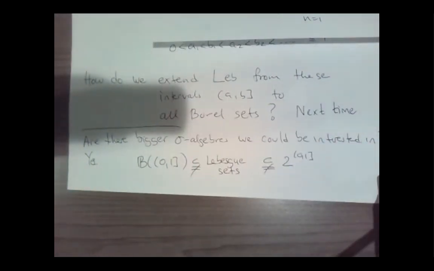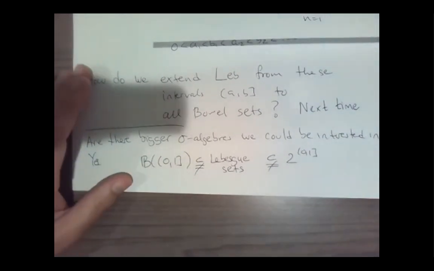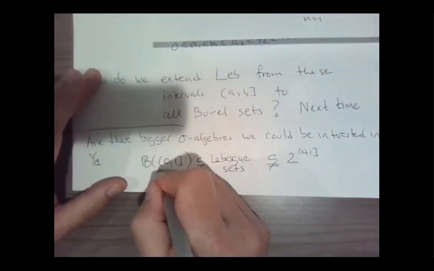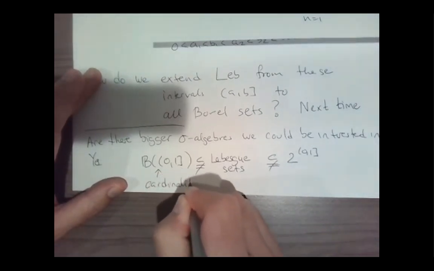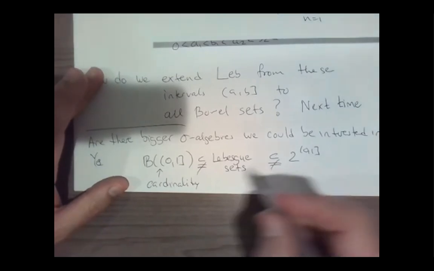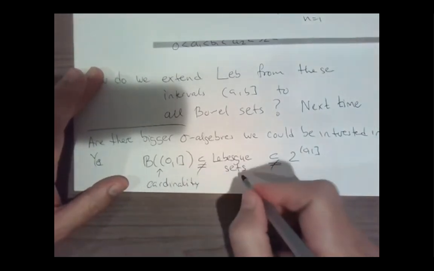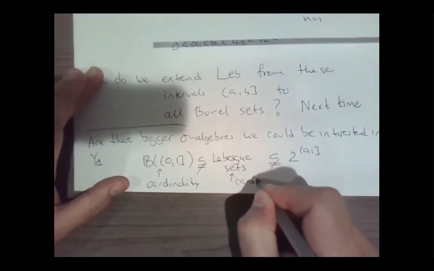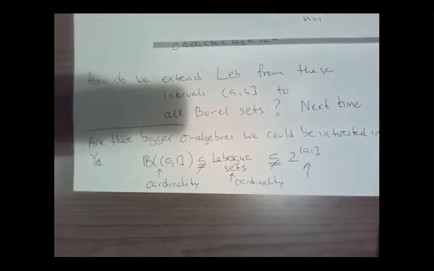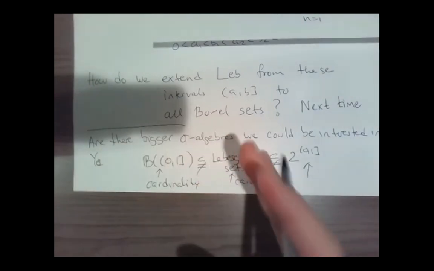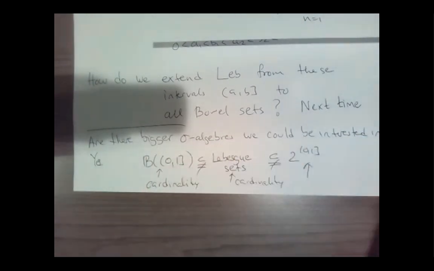For those of you that are really interested in this, you can try to figure out the cardinality. What's the cardinality of what you have here? What's the cardinality of what you have here? And what's the cardinality of what you have here? You can see that these cardinalities are infinite, right? So cardinality is about how you compare infinite numbers. And the way you compare infinite numbers is you put them